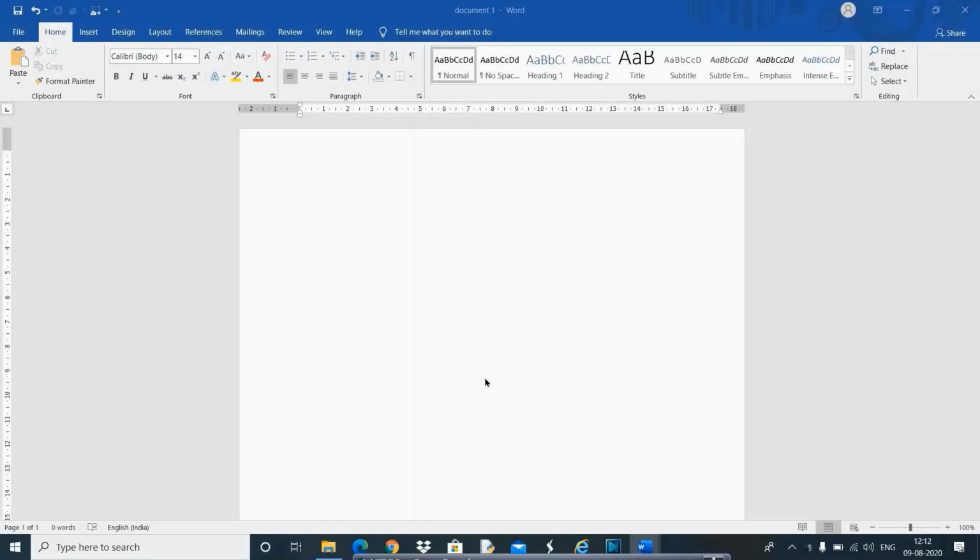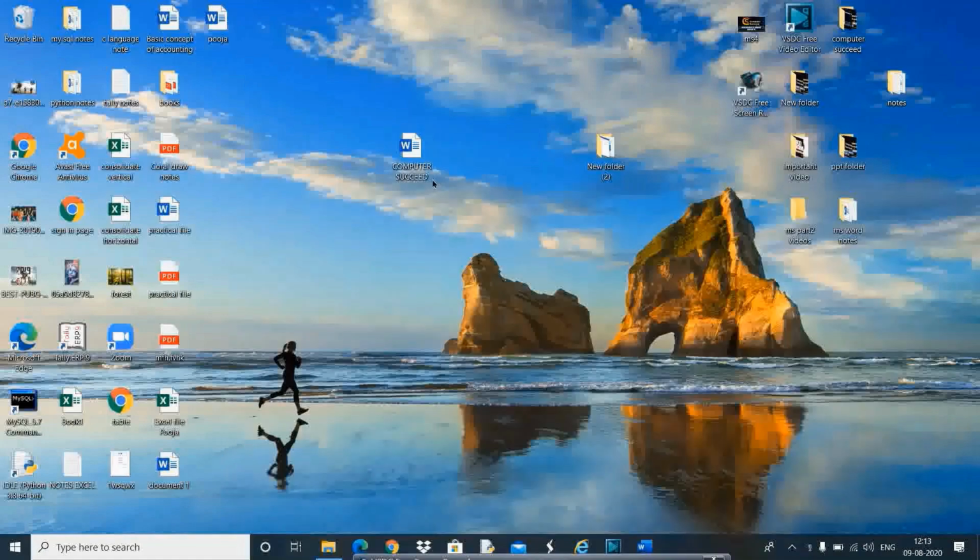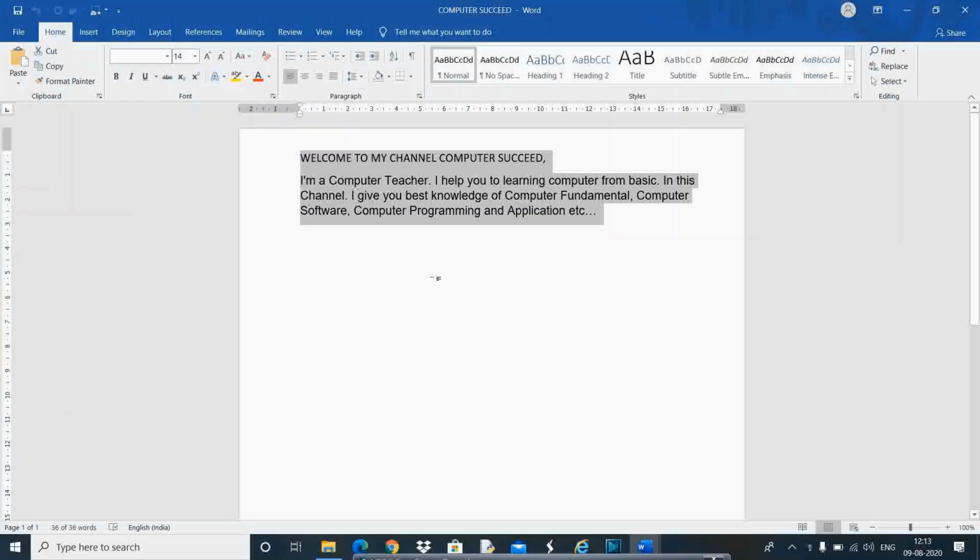Okay. Let us see one more example of using the copy and paste command. If you want to copy text from another file and paste it in Document 1, the first step is I am going to the desktop. See here a file, Computer Succeed. Open this file and I want to select all text.